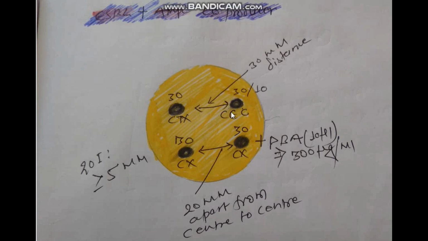The distance between these two drugs center to center is 30 millimeter. Then if the zone of inhibition of cefotaxime clavulanic acid is equal to or greater than 5 mm, then the organism is ESBL. We have discussed earlier. Similarly, for AmpC,